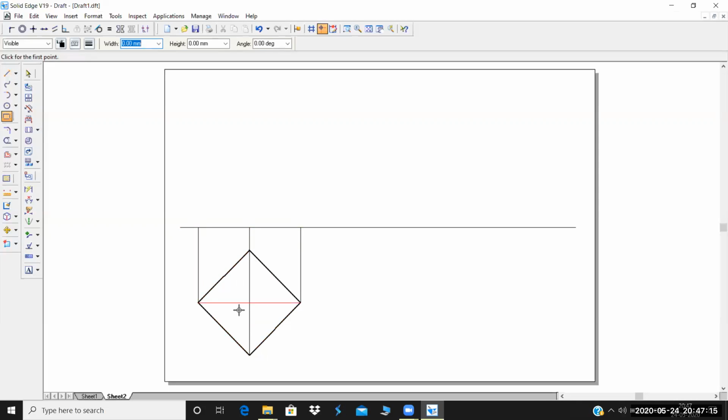Since it is in this edge corner condition, suppose you are looking at it from this side, I'm just showing this arrow mark for your reference. There is no necessity for you to draw this arrow mark. When you're seeing this from this side, in the front view, only these two parts are visible when you see it from the front side.